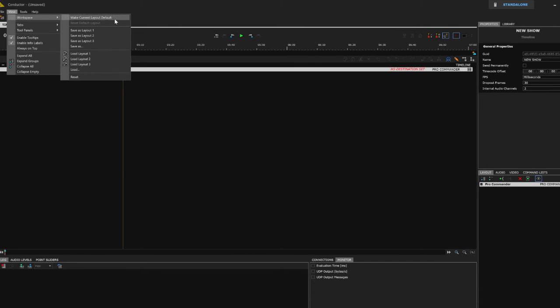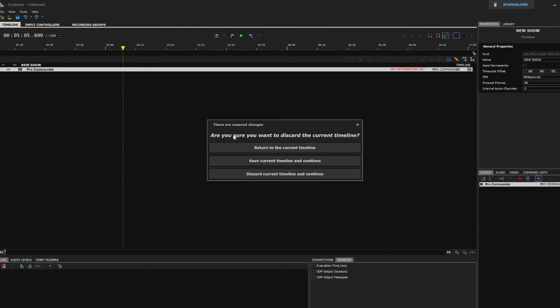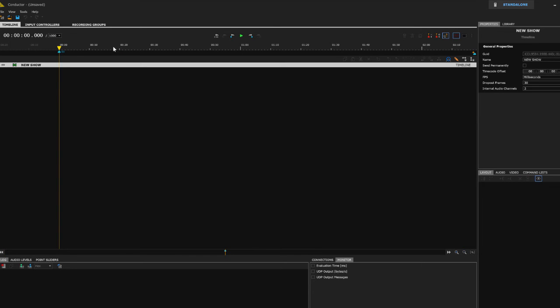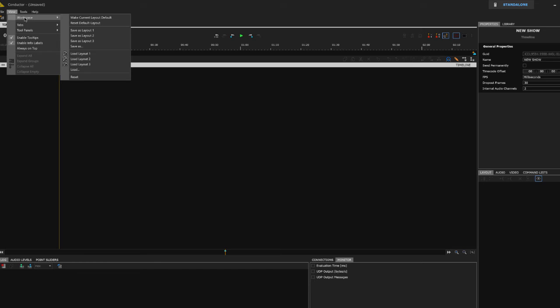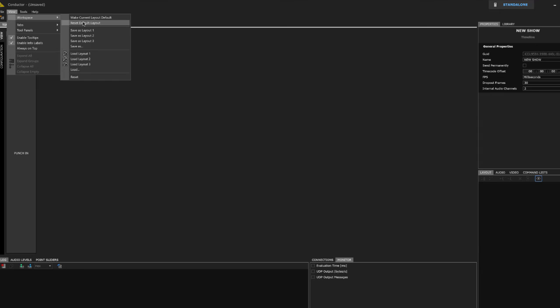If I go back under Make Current Layout the Default, I'm able to set this as my startup. This means if I go to New Timeline, I want to discard the current changes. Every time I make a new timeline, this will be my default. This does not affect whether or not I additionally turn on or take away tabs or tool panels. Remember, those are not saved as part of any of the default layouts with the exception of the factory default under Reset. So at any point, I can go back and I can reset the default layout